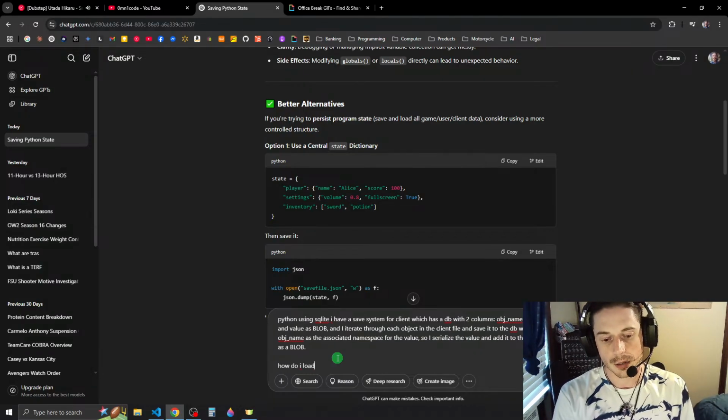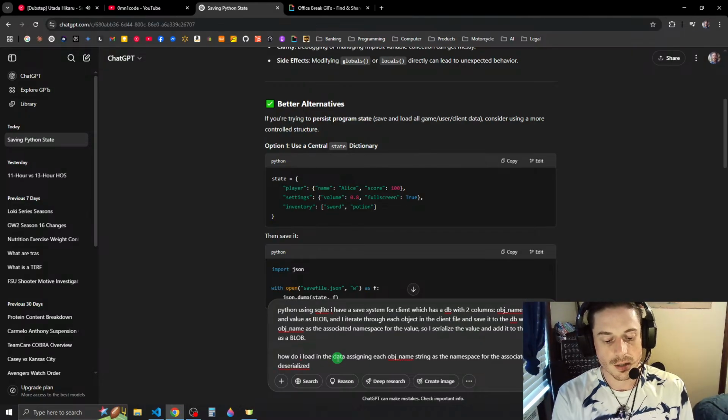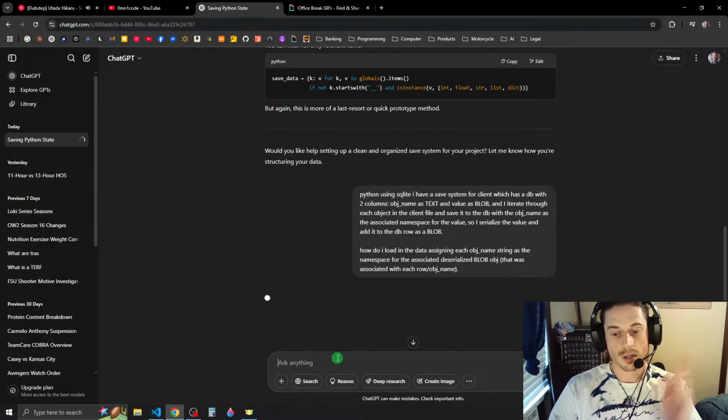How do I load in the data, assigning each object name string as the namespace for the associated deserialized blob object that was associated with each row, slash object name? Now it's smart, it's going to know exactly what I'm talking about.